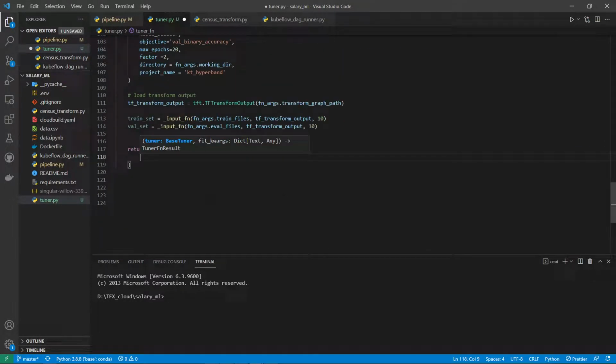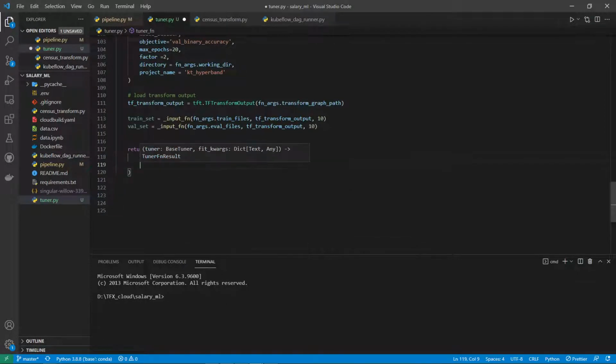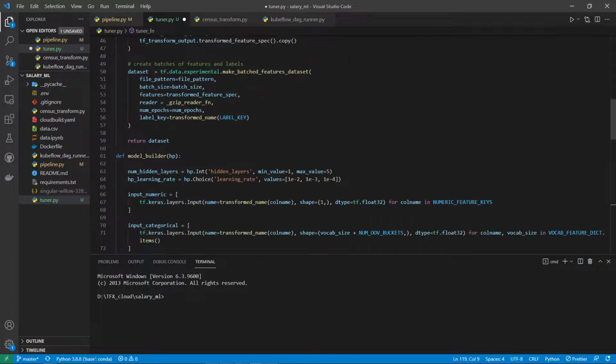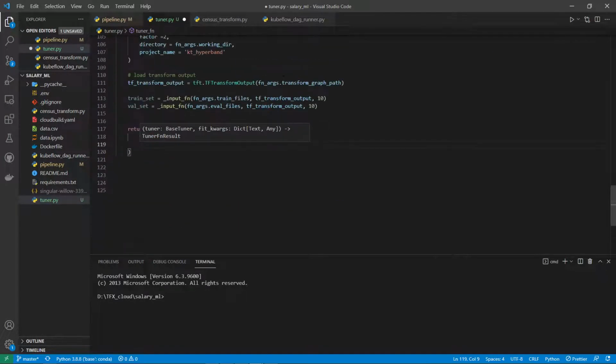So you're returning a tuner function result, and it takes a tuner, that is the base tuner over here. So this is the first argument that we have specified, and then we specified some other arguments also,